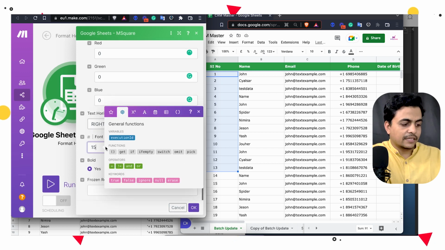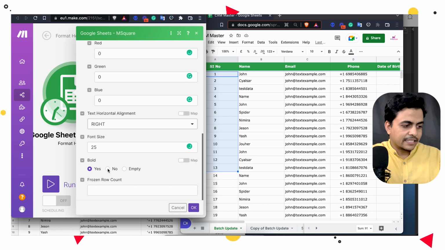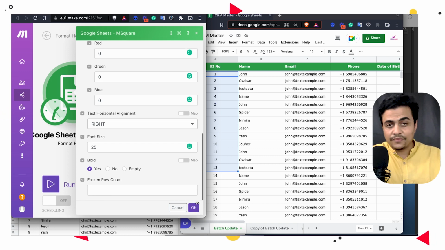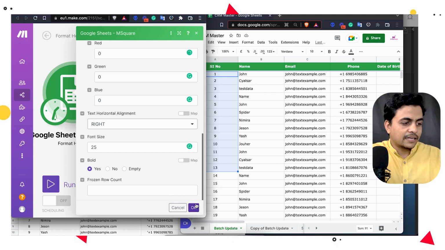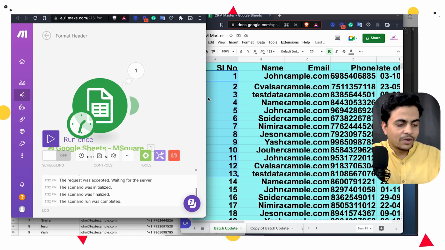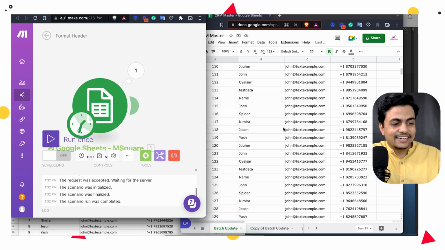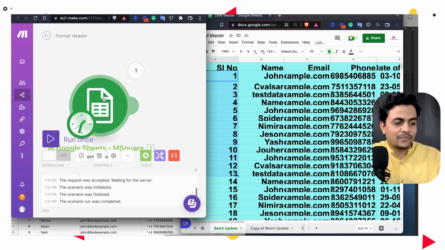Font size, we can do 25. It will be quite bold, quite big. Currently these are bold, let them be bold. If we want to define a freeze row count, we can also do that. So first row can be frozen, and click OK. And let's see the magic once again. Oh, so it did this entire formatting for all the lines, right? All first 100 lines. Perfect. So this is how you can do all the batch updates, sorting, and even the format header through this Google